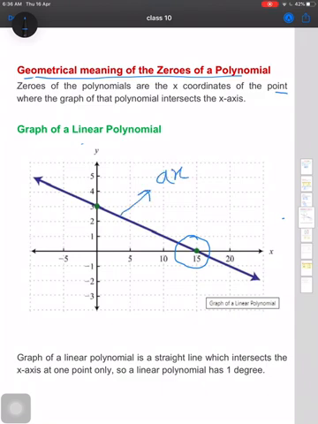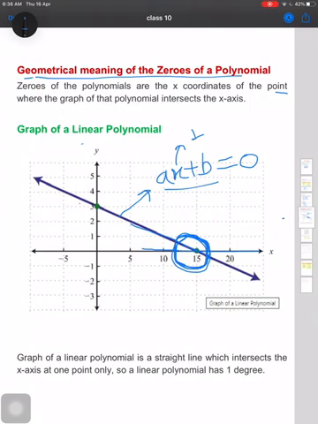See, this is the graph, this is a linear graph, this is the graph of any equation which is in the form of ax plus b equals to 0. Okay, so this is a linear equation. Now here you can see that the degree is 1, so there will be only 1 zero, and that zero always lies on the x-axis, means this is the intersecting point of the line or the curve and the x-axis. So here you can see there is only one point which is intersecting the x-axis. So at one point only it is intersecting, so that means the number of zeros here will be 1.